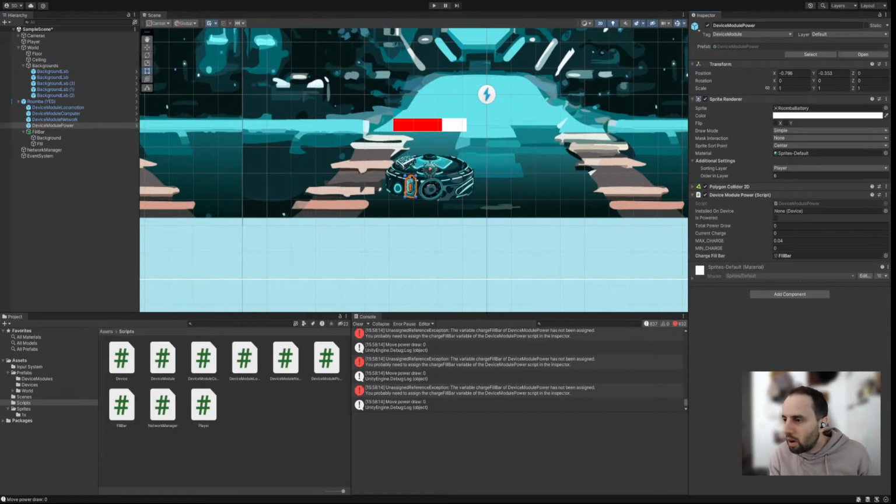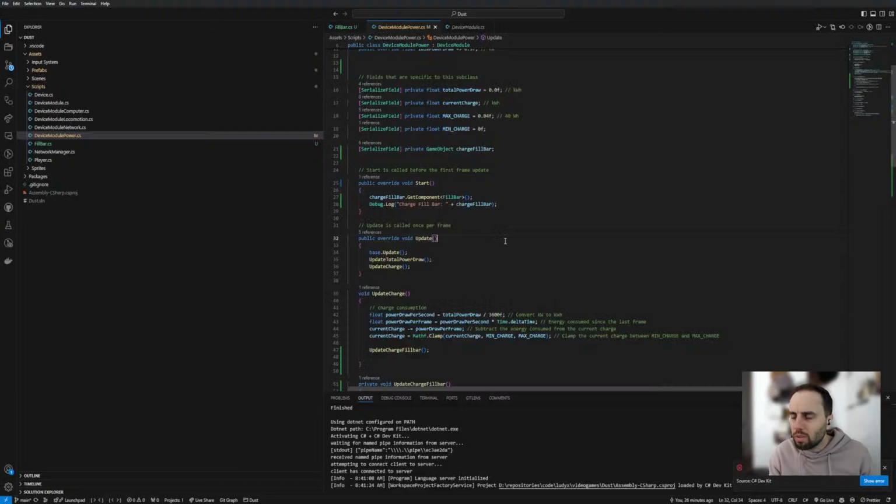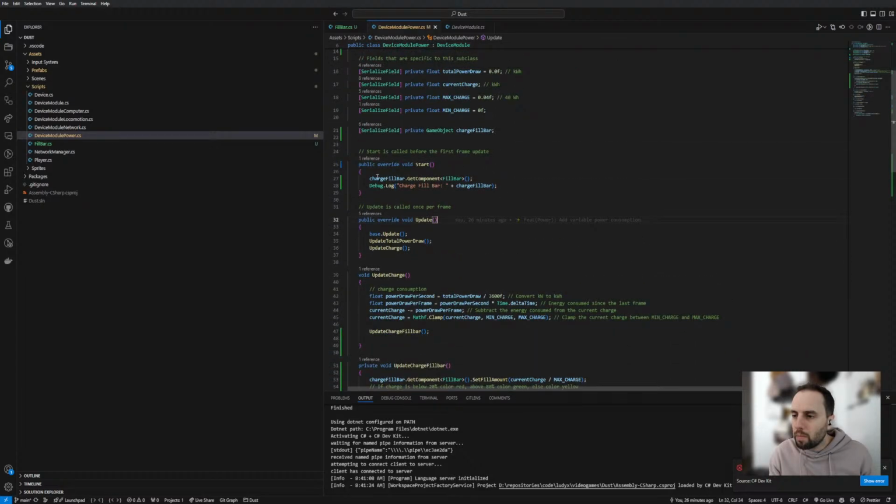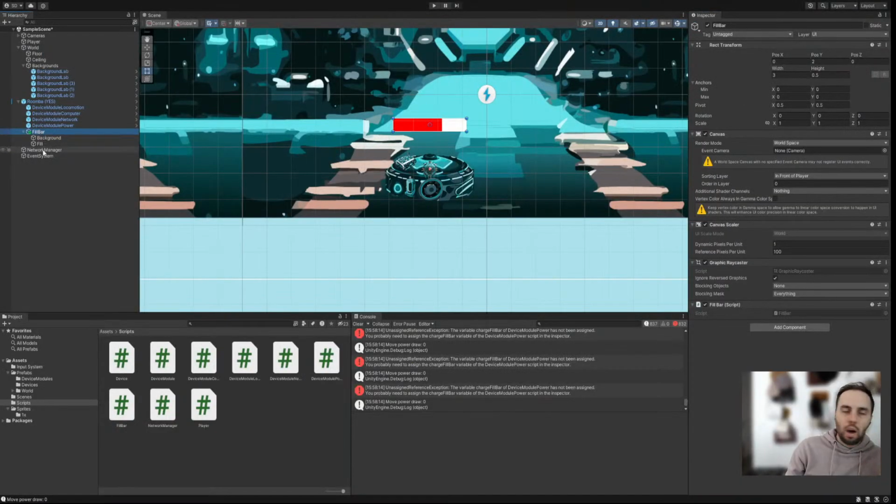Question is though, why didn't it find it automatically? Because there is charge fill bar dot get. No, that doesn't work at all. I have to get it installed on or something, and then, oh okay, so now it's linked to the device, but actually it should be linked to the module of power,